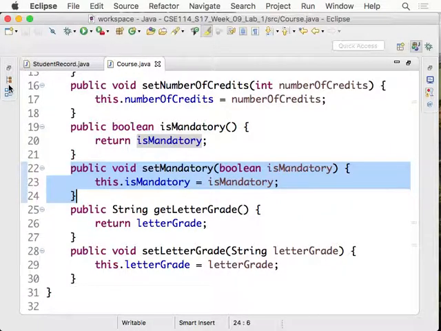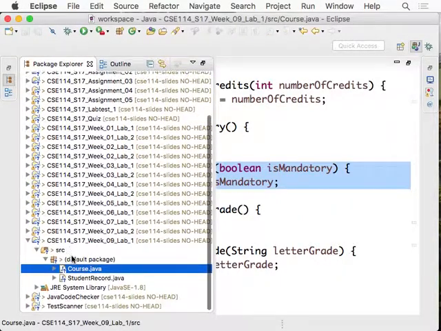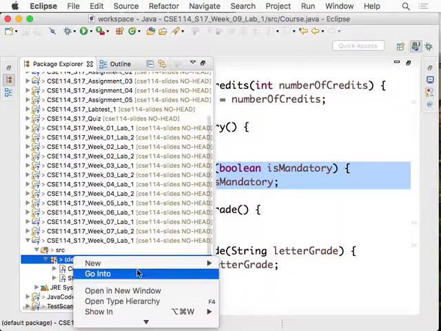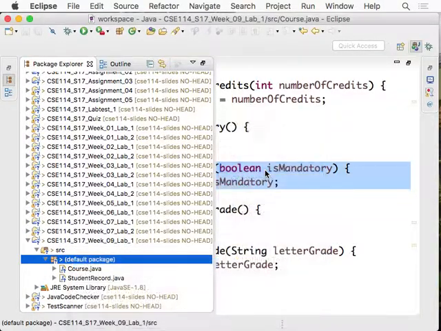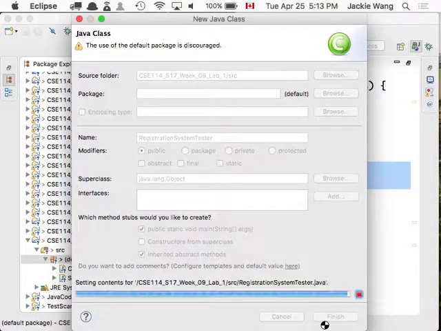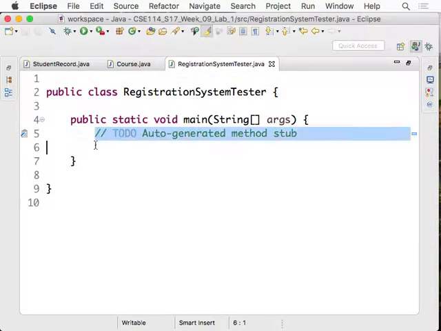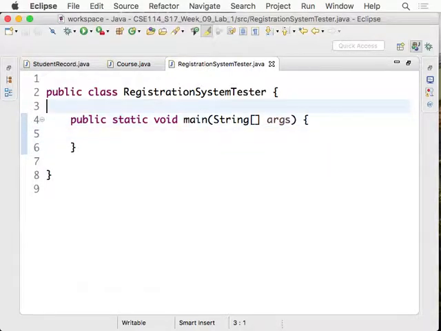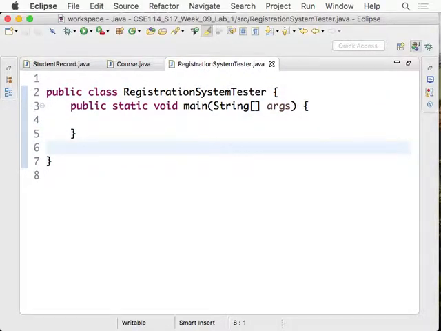Let's now create a new class, new, and then class. Okay, let's say registration system tester. Okay, and then we have a main method here. Let's try to test the course before we go to the students. So let's try to do, for example, course